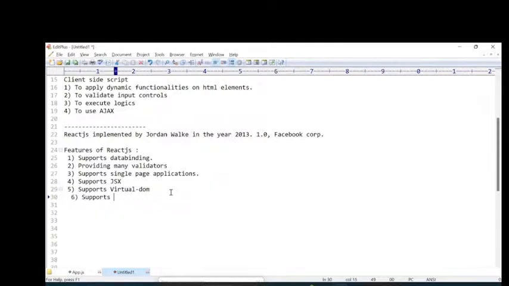supports Redux. Redux we are using to maintain the state of the application. For example, one page's information you want to access from another page. For that, we are using different techniques like cookies, sessions, local storage, session storage, like that. Different types of techniques are available. So in the same way, we can also use the Redux concept to access the data of one page from another page in the web